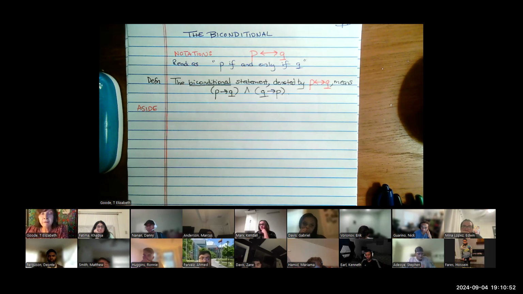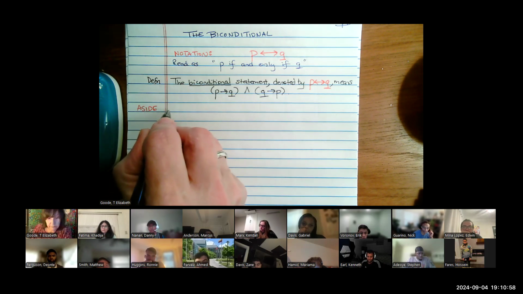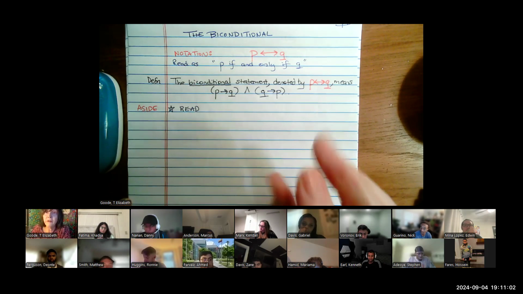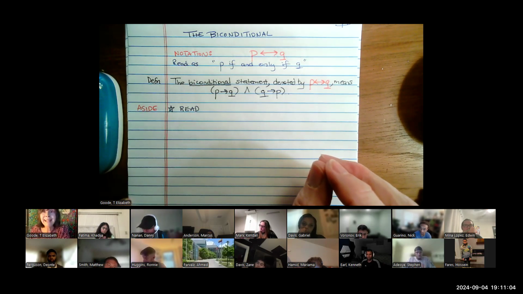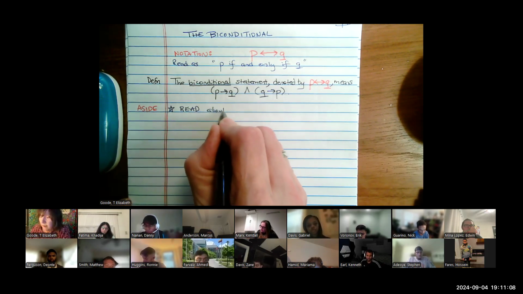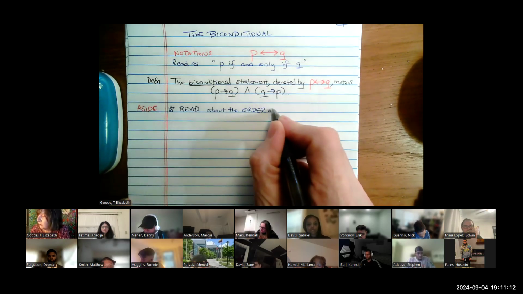Before we go any further, we need to talk about the order of operations for logical operators. The reason I'm asking you to do this is I want you to practice getting into the ebook and finding stuff. So I want you to read about the order of operations